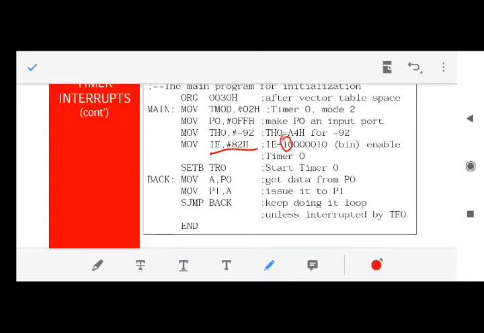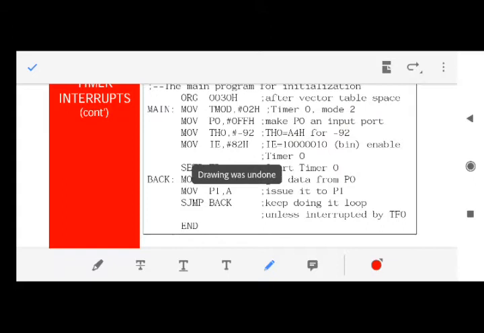Because the first bit says that the interrupts can be enabled or disabled. If this bit is 0, that means all interrupts are disabled. So the first bit should be 1. Then the specific bit which corresponds to timer 0 would be enabled, and that is bit number 1. Fine. So that is written as 1. That means the interrupt of timer 0 is enabled.